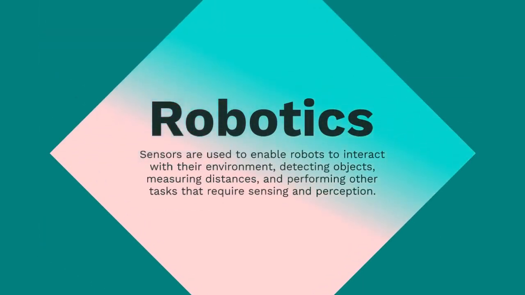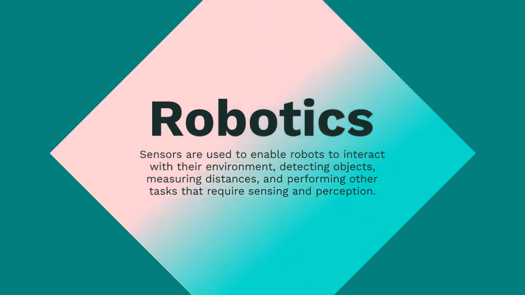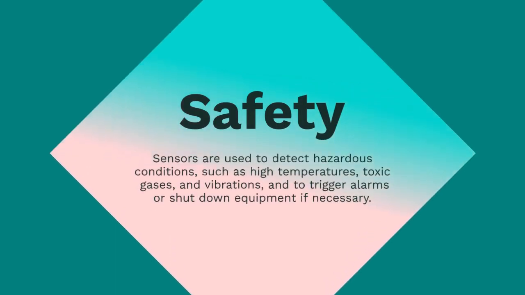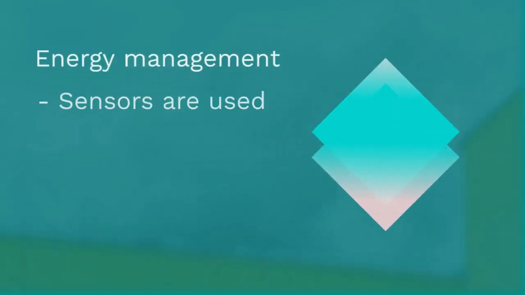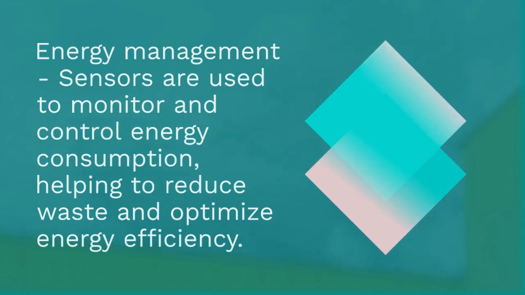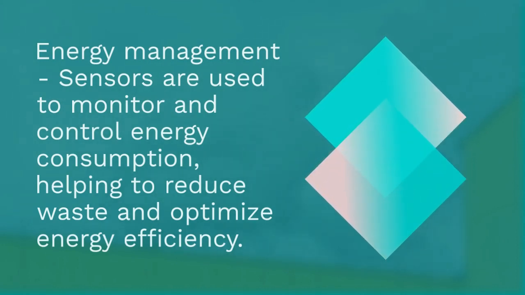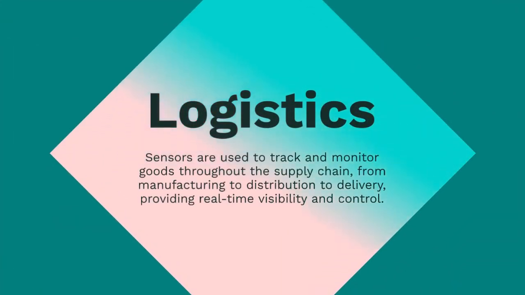Robotics. Sensors are used to enable robots to interact with their environment, detecting objects, measuring distances, and performing other tasks that require sensing and perception. Safety. Sensors are used to detect hazardous conditions, such as high temperatures, toxic gases, and vibrations, and to trigger alarms or shut down equipment if necessary. Energy management. Sensors are used to monitor and control energy consumption, helping to reduce waste and optimize energy efficiency. Logistics. Sensors are used to track and monitor goods throughout the supply chain, from manufacturing to distribution to delivery, providing